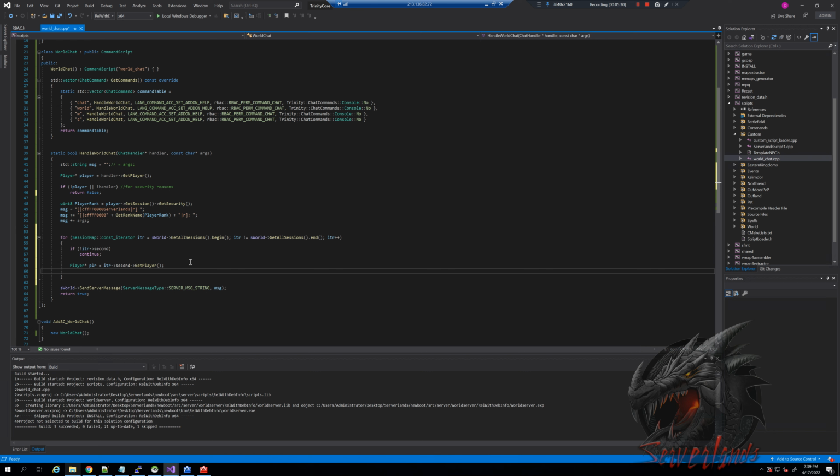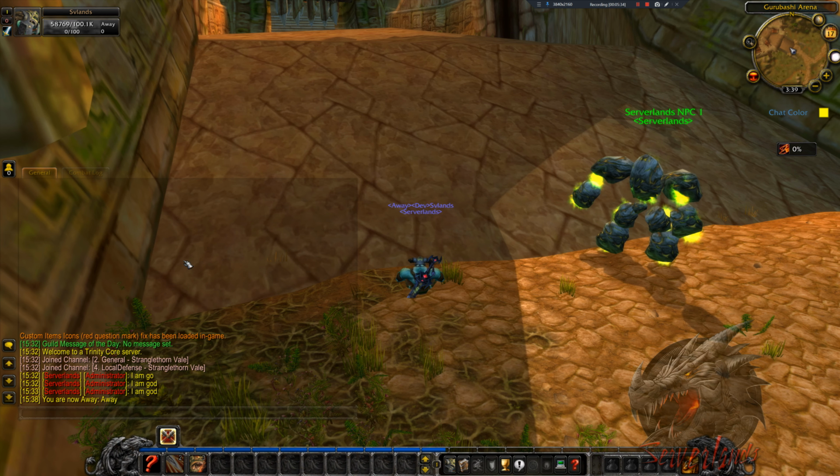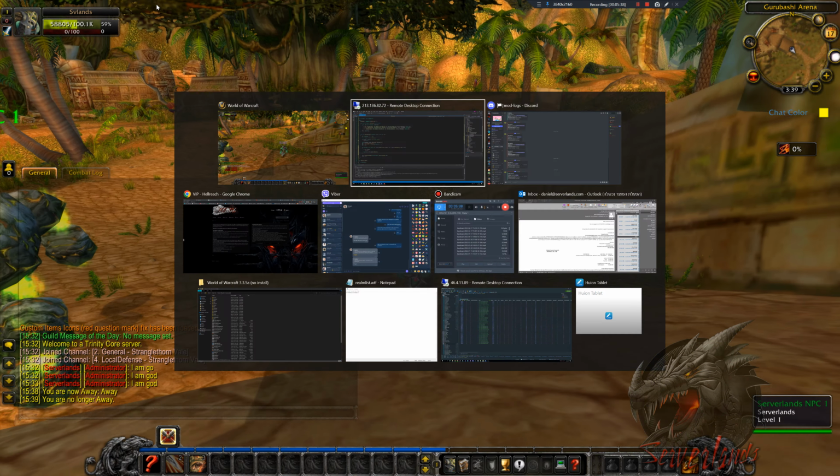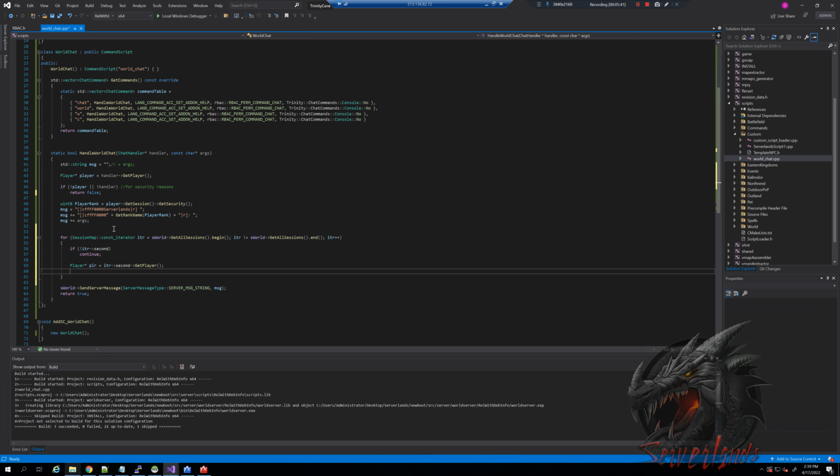So we can make sure that if the player's name is svlands, like our name here, it will say something else. It will do something different. It will behave differently. But no, what we want to make sure is that if the player that used the command, which is the player here, and the player who receives the message, which is this one here, is ignoring the first player here,